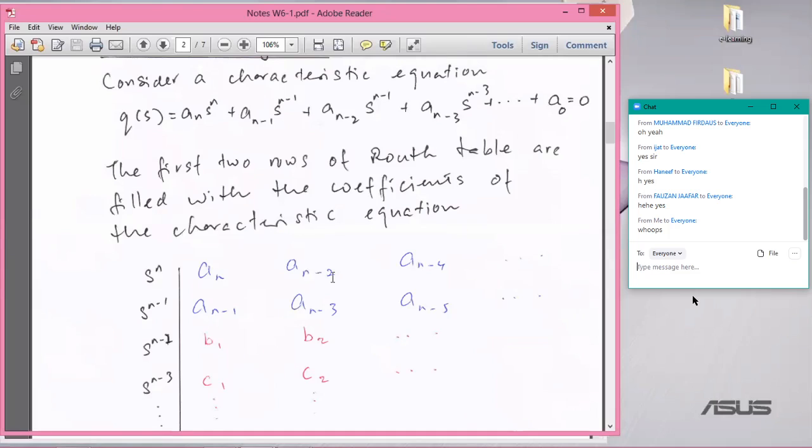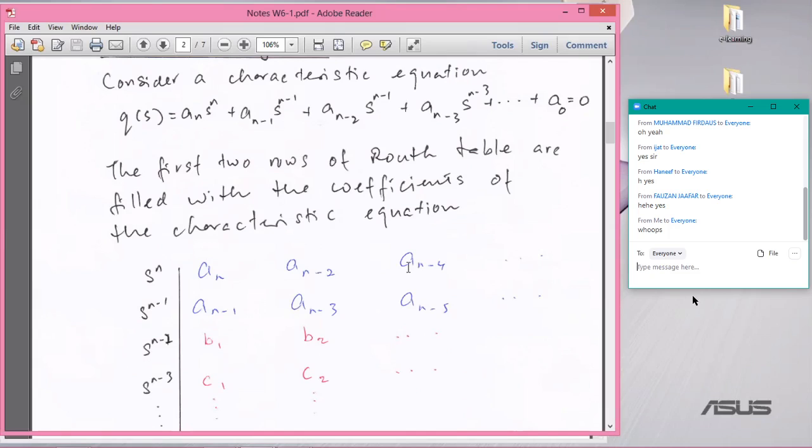The first two rows, the blue coefficients here, you fill in using the coefficients of the polynomial: an, and then you jump one coefficient, an minus 2, an minus 4, and the second row you fill in with, again, the coefficients of the polynomial. You start with an minus 1, and then you jump one, an minus 3, an minus 5, and so on. So the first step is to fill in the first two rows with the coefficients of the polynomial,